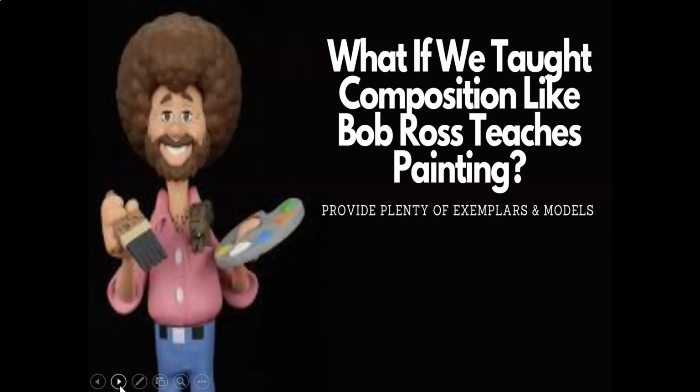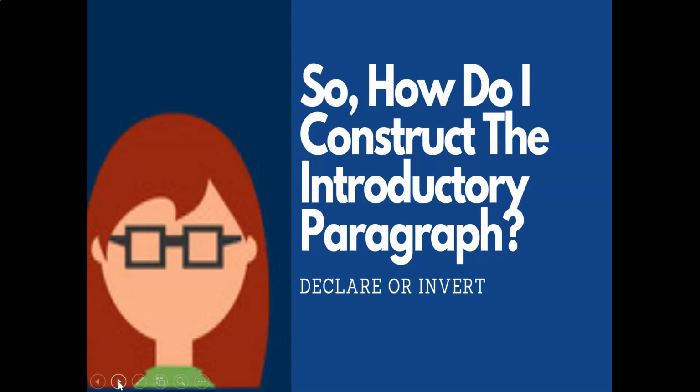Here are 4 introductions, and I write them all. That's what Bob Ross does, right? You get to the proverbial canvas, the proverbial easel, and paint with your students. So while I'm using one commercial that might even be thematically similar, they're going to write about a second commercial just to cut down on the mimicry. So the question is this: how do I construct the introductory paragraph?